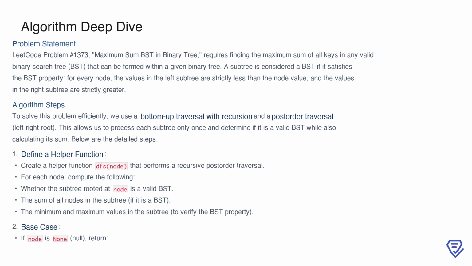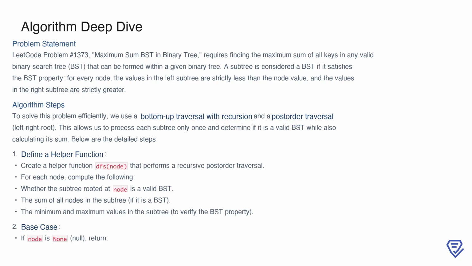In this problem, we are tasked with finding the maximum sum of all keys in any valid binary search tree, or BST, that can be formed within a given binary tree. A subtree is considered a valid BST if it satisfies the BST property, meaning that for every node in the subtree, the values in the left subtree are strictly less than the node's value, and the values in the right